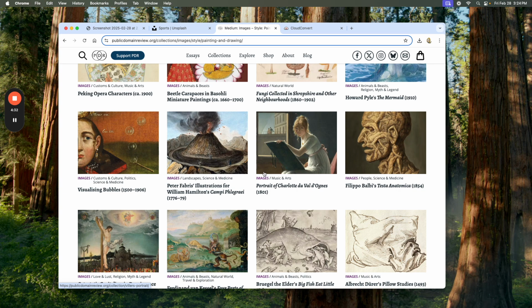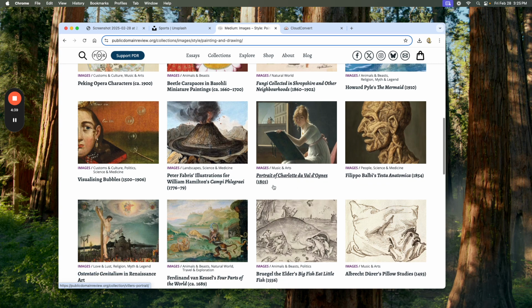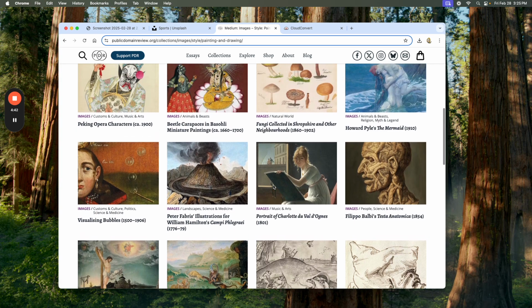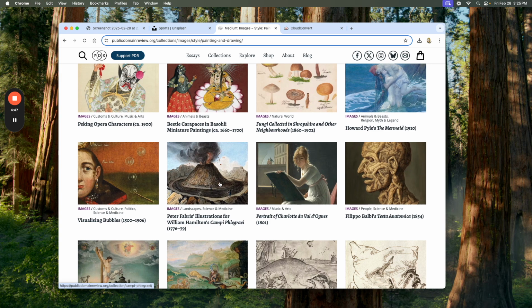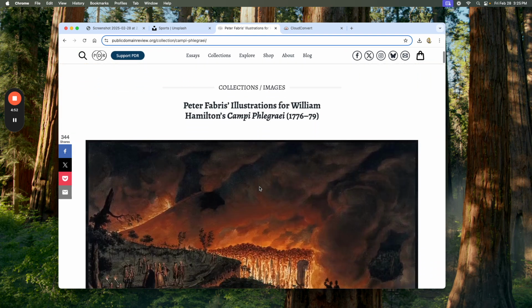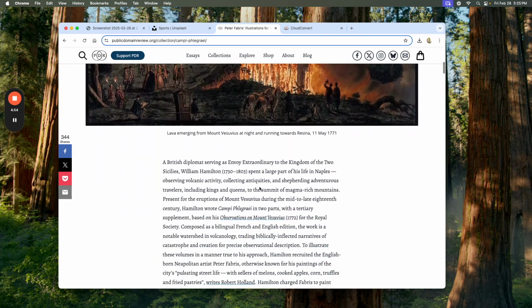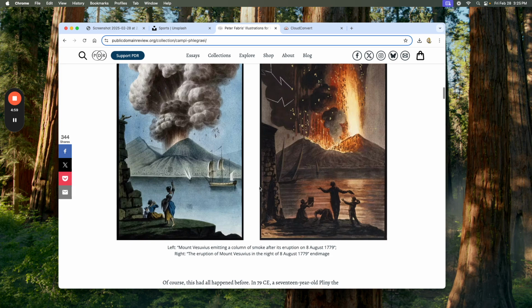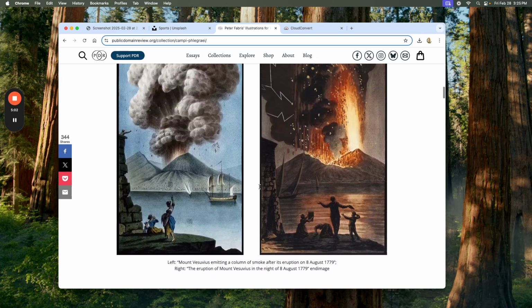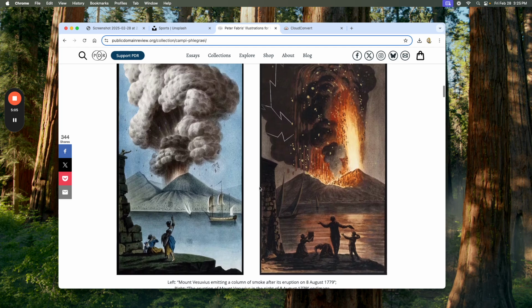So I can then just choose what image I might want, what I'm looking for. And if I were to click here, let's just click on this one with the landscape, the science and medicine. This is where that image has come from. But when I click on that, then here comes the entire big image, and it's giving me all the information as well. So there's more than just that particular image. But what I want you to notice is if I click on this and